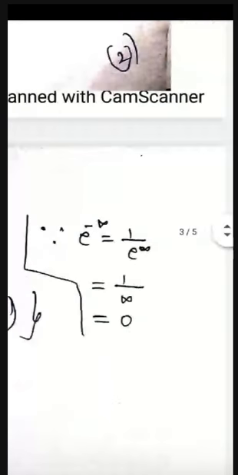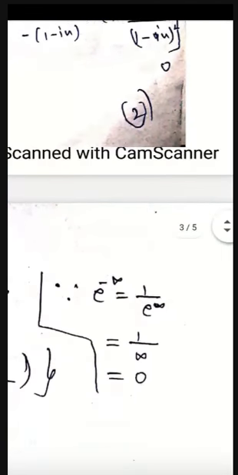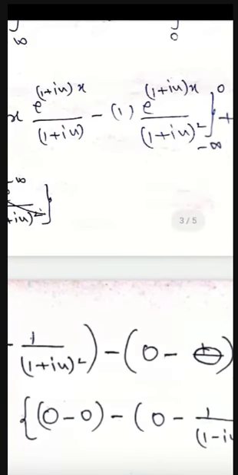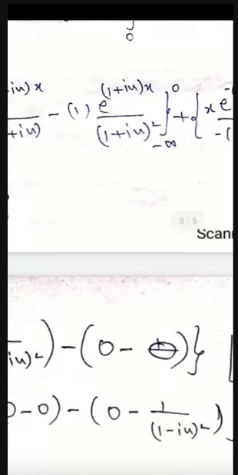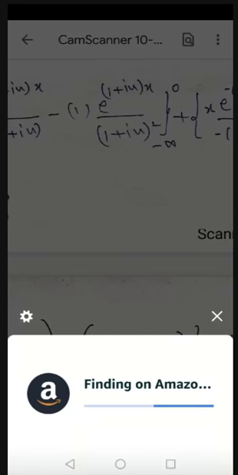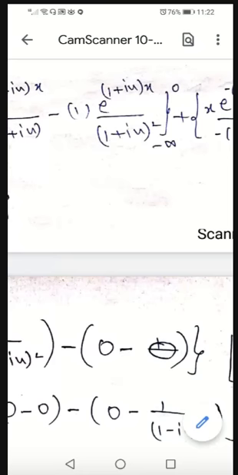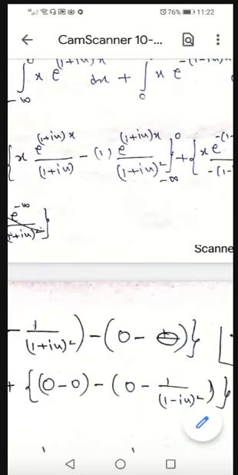Substitute the lower limit, minus infinity. E power minus infinity comes. E power minus infinity means 1 by e power plus infinity. E power infinity is nothing but infinity, so 1 by infinity is 0. So if you substitute infinity where x is there in the power of e, you get e power minus infinity, which is always 0. That's the reason the lower limit in the first term is also 0. Minus, in the second term also substitute infinity and you get 0 because e power minus infinity is 0. So 0 minus 0 after substituting the second limit.